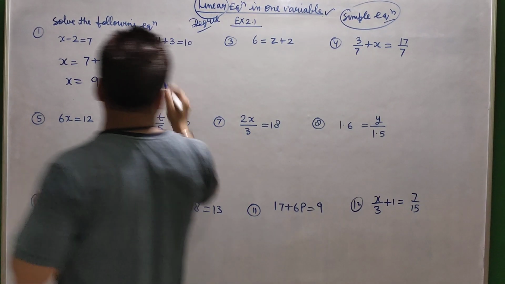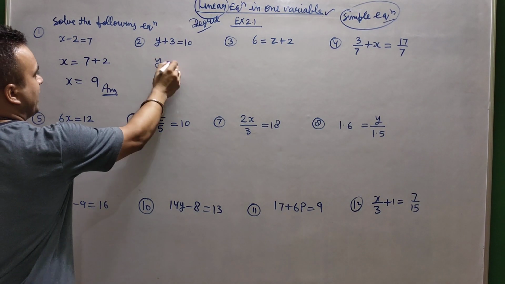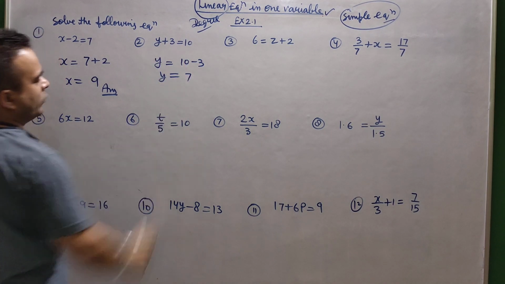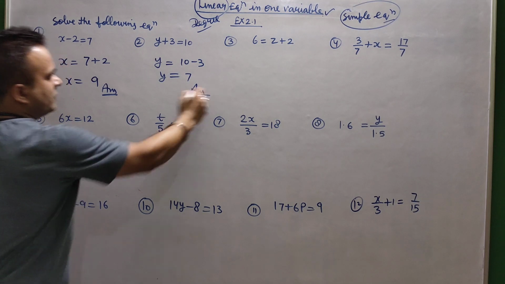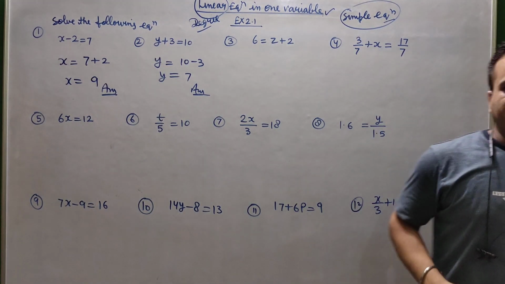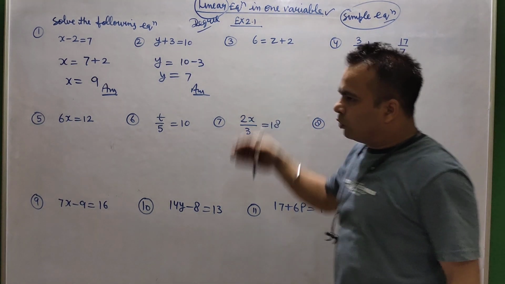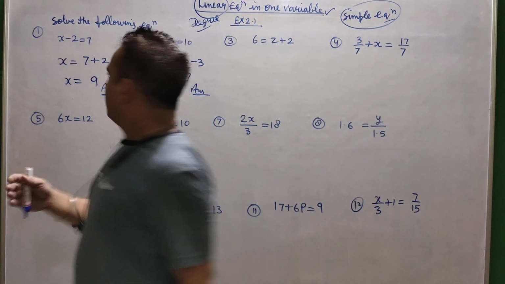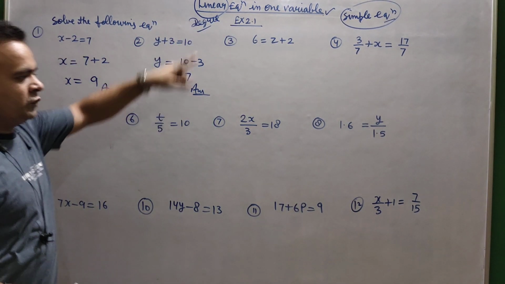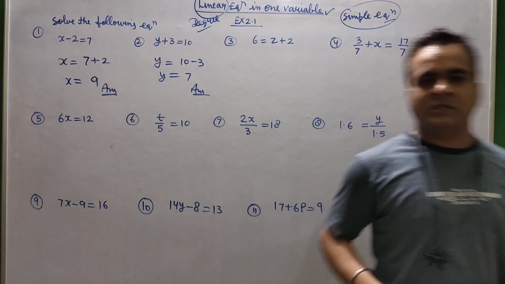Now I am coming to the next one. You can see the variable y is used here. So y and this 3 we have to shift here, and it will shift in minus obviously. So y is equal to 7, and this is your final answer. It means in one step you are getting the answer. This is the quality of these sums. Sometimes we have some more steps according to the given expression, but in these expressions up to 12, you will get the answer in only 1 or 2 steps.